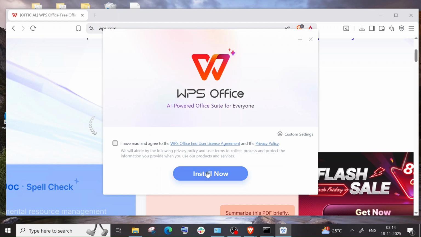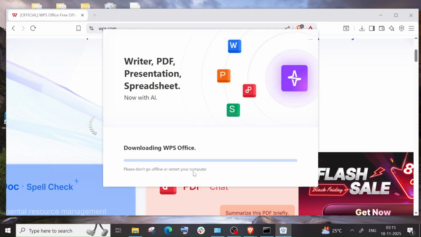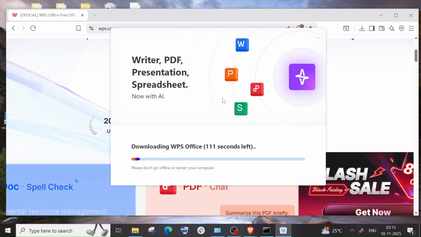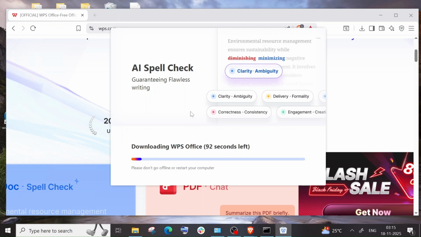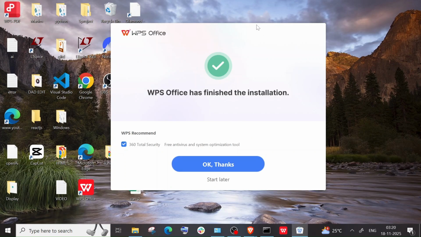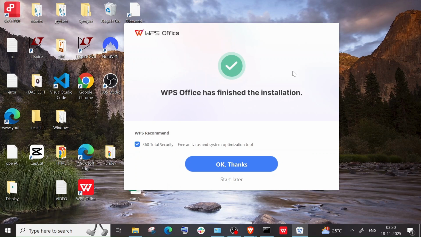Now just click on install now after checking this, and the installation process will begin. Just be patient till then. So once it is done, we will be getting this pop-up saying WPS Office has finished the installation, and apart